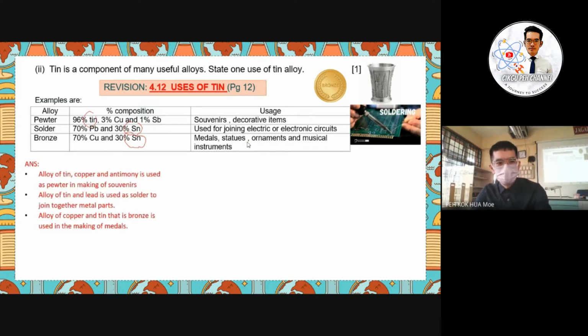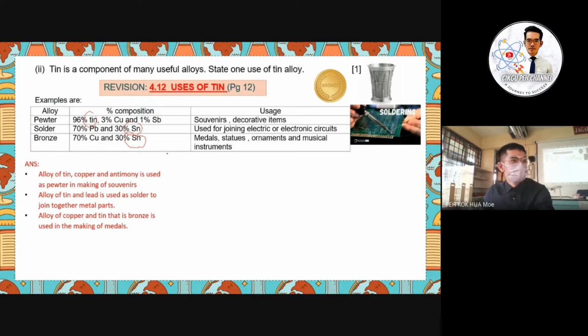Alloy of tin, copper and antimony is used as pewter, making souvenirs. And alloy of tin and lead is used as solder to join electronic circuits. And the last one, you can write copper and tin is used as bronze, which can be used in making metal